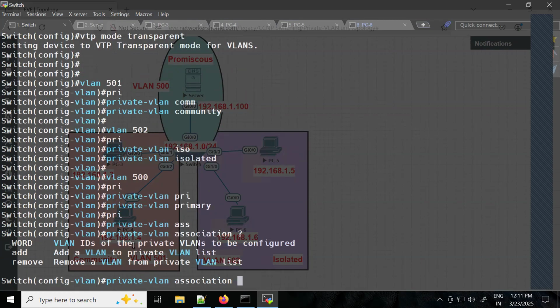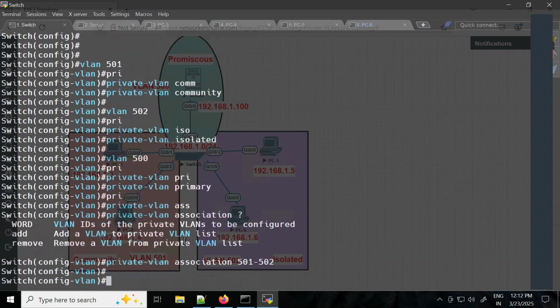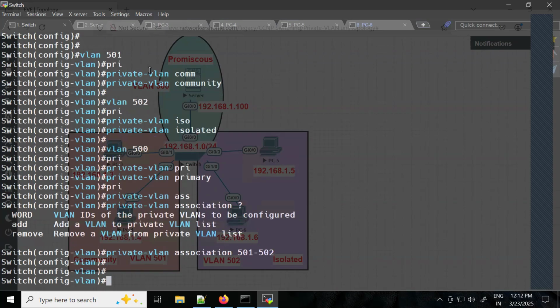See here, VLAN IDs of the private VLAN. So 501 to 502. These are the VLANs I have associated. This is done. Now we just need to go and configure the interfaces. So I can see here my switch interfaces 0/1 and 0/2. They are part of community VLAN, that is 501. So I'll say interface range